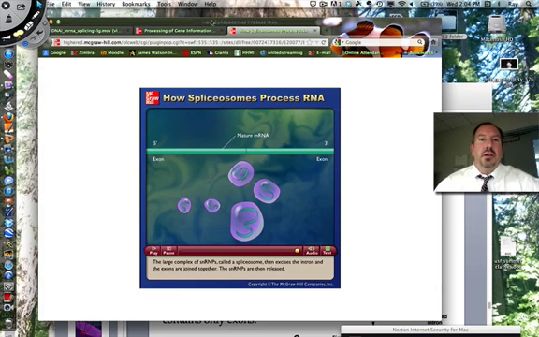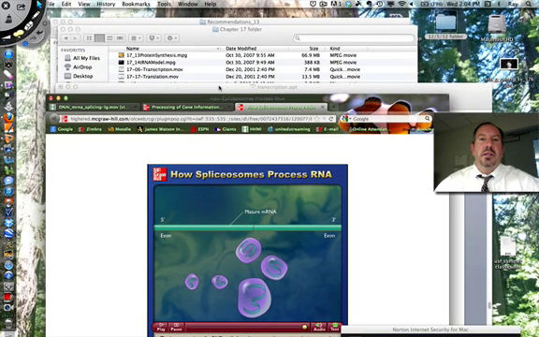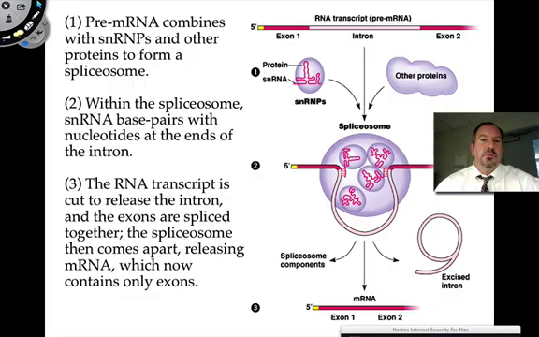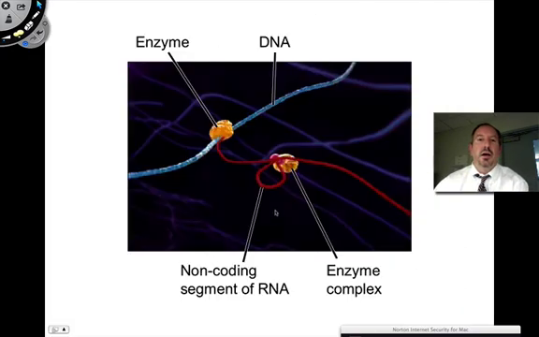So I don't know, that's kind of an interesting process to me, that it needs to be edited. Further discussion is required on this matter, I think. And so let's go back to finally, here you can see an animation of the intron being removed by the